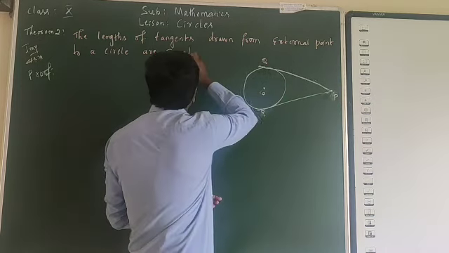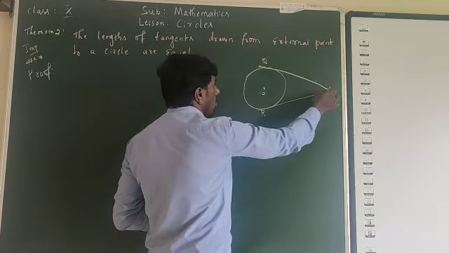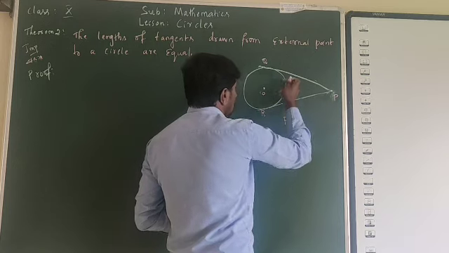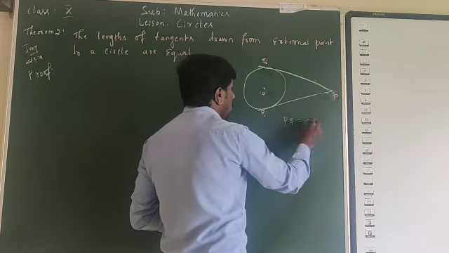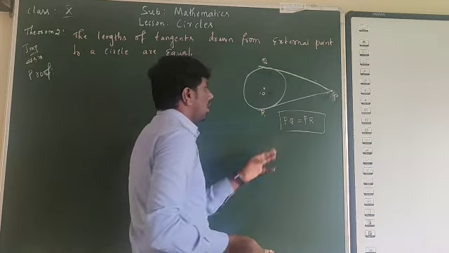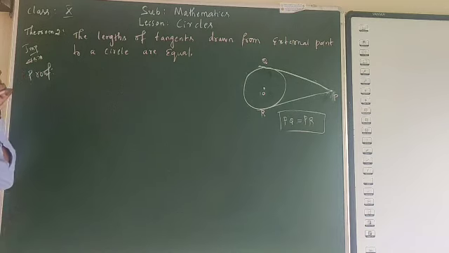We need to prove that lengths of tangents drawn from an external point to a circle are equal. PQ is the length of one tangent, PR is the length of another tangent. I need to prove that PQ is equal to PR. So according to this theorem,